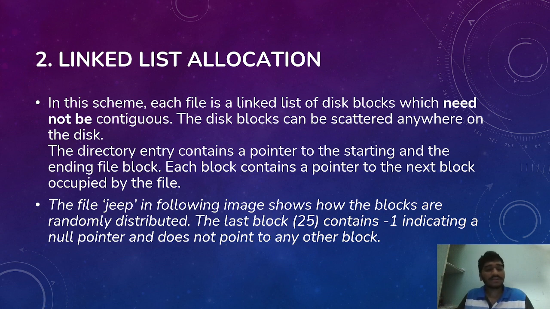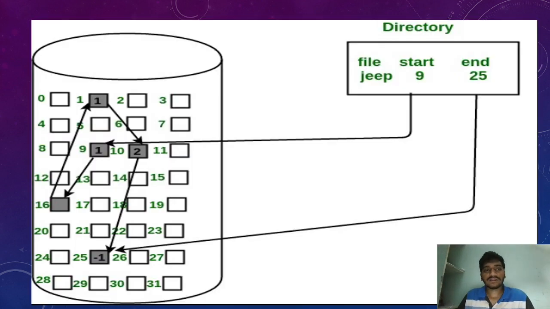For example, the file zip in the following image shows how the blocks are randomly distributed. The last block, 25, contains -1, indicating a null pointer, and does not point to any other block. By observing this image, before I have said in continuous memory allocation, the file can be stored